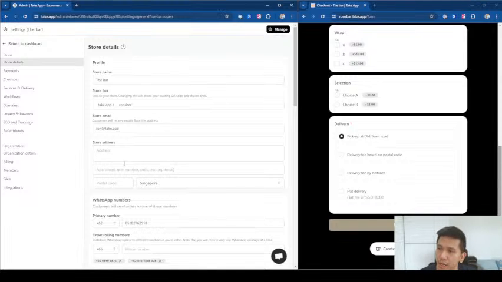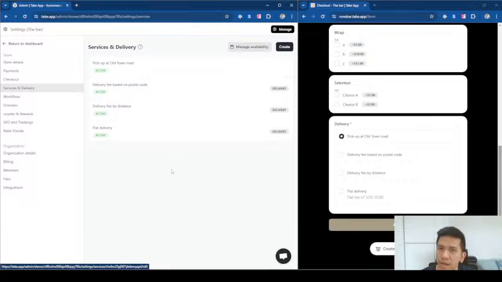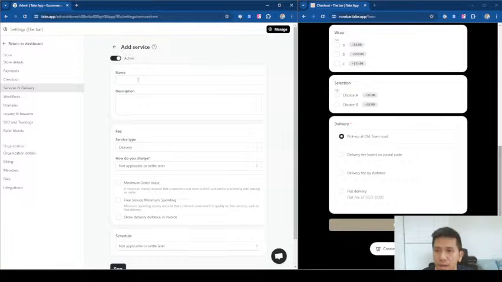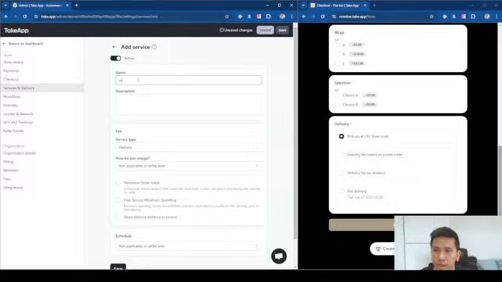Yeah, so getting back to the topic. First, from the dashboard, you go to settings, right here, and then click on service and delivery. Then you will be able to create your delivery method right here, including the date picker and time picker as well. We will go into that later on, but first you click on create and then put your delivery name, for example, in-house delivery,